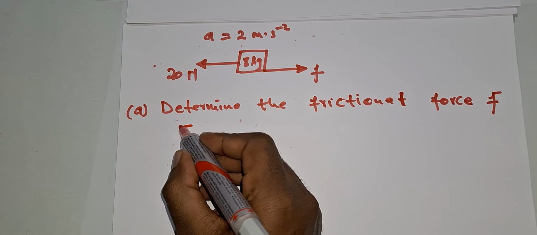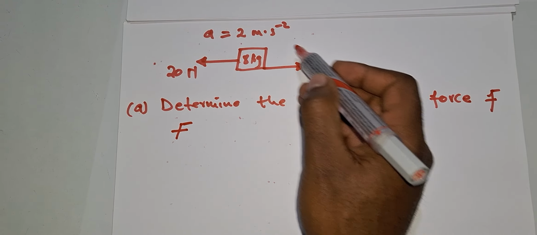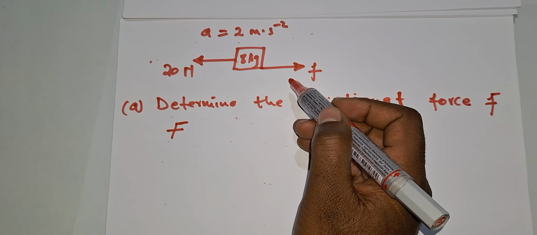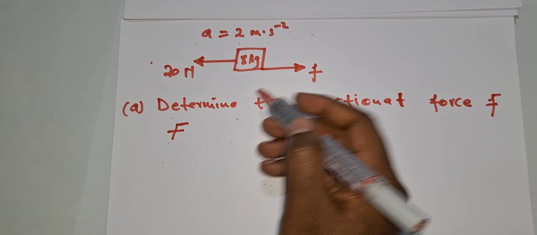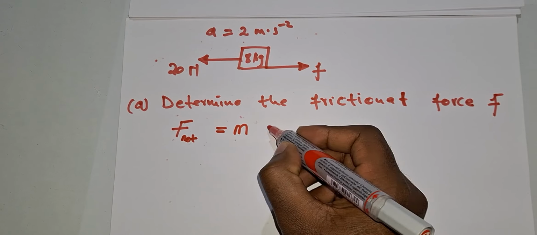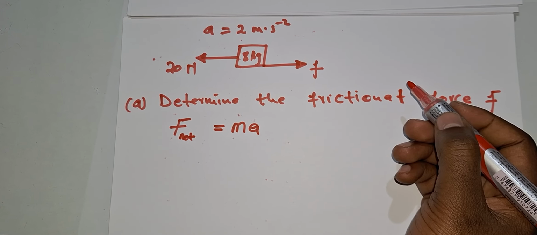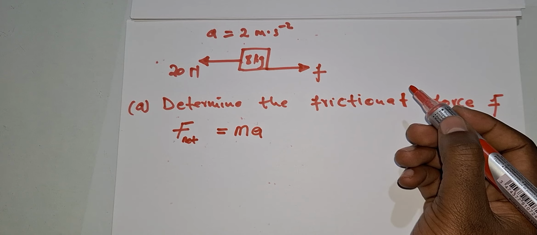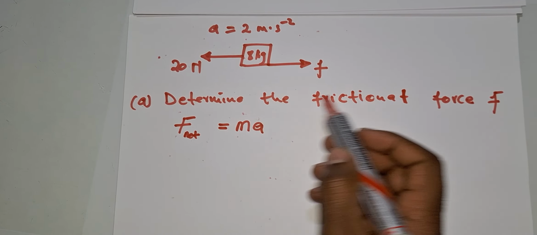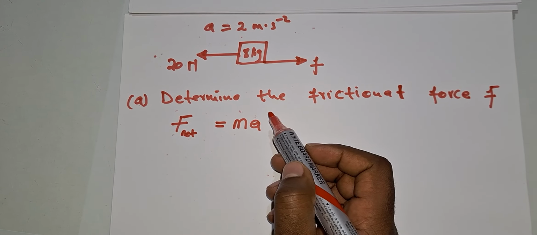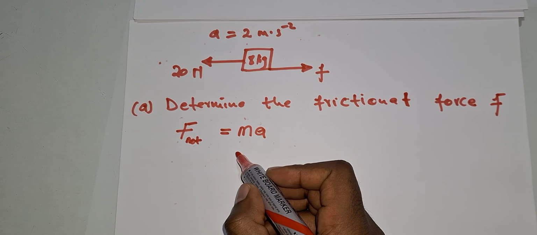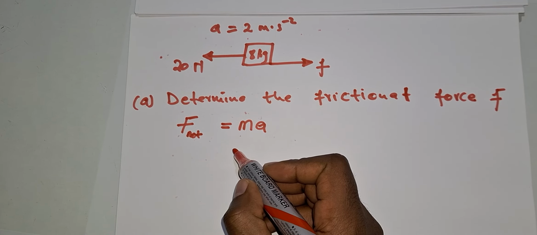It says the net force on this object, that is all the forces, the resultant forces on this object, is equal to mass times the acceleration of this object, right? So basically what you have to do is to make sure that the left hand side, which is the net force, is written in terms of all the forces